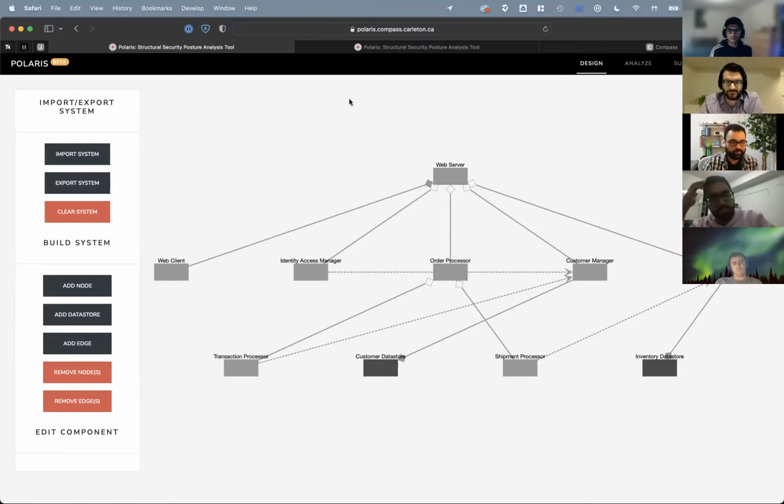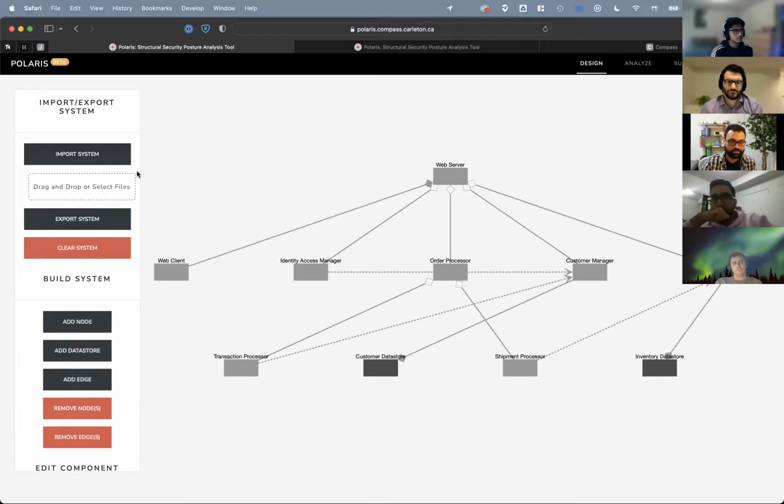So in very simple terms, what you see here is a UML diagram, a Unified Modeling Language class diagram that you may have come across or will come across soon. It's a standard notation of representing systems or classes. And what we're able to do is enable system architects to design systems using UML, or even import JSON files with UML annotations and UML design. And this import feature can be expanded to include additional widely used XML formats, like XMI. But at the moment, we take in a JSON file that helps us populate this information.